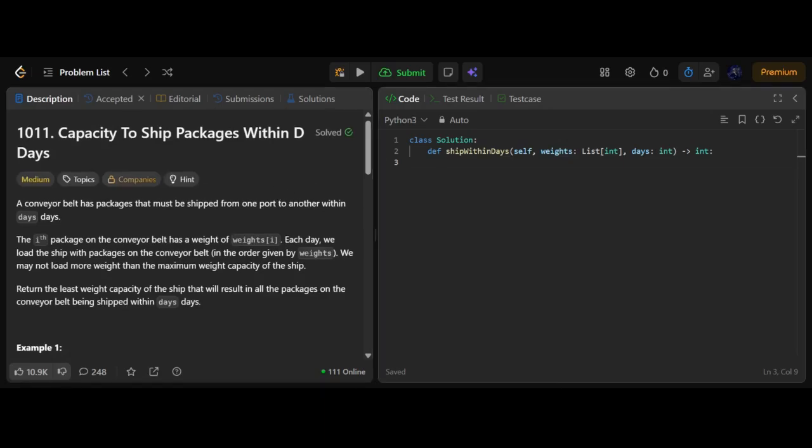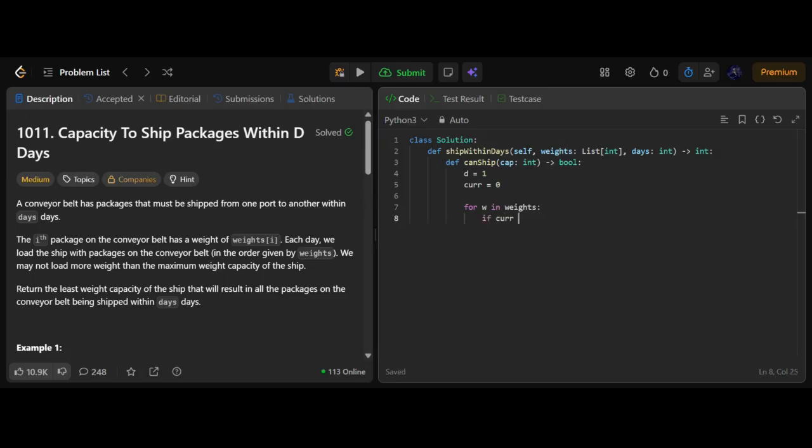So the first thing we want to do is create that black box function. And when I said black box, I meant kind of a function which just abstracts the main logic from the binary search. So it's going to just take in the cap, which is just going to be an integer, and we're just going to return a boolean. We're going to have days, which is going to be equal to 1, and we're going to have current, which is going to be equal to 0, and we're going to say for each weight in weights,